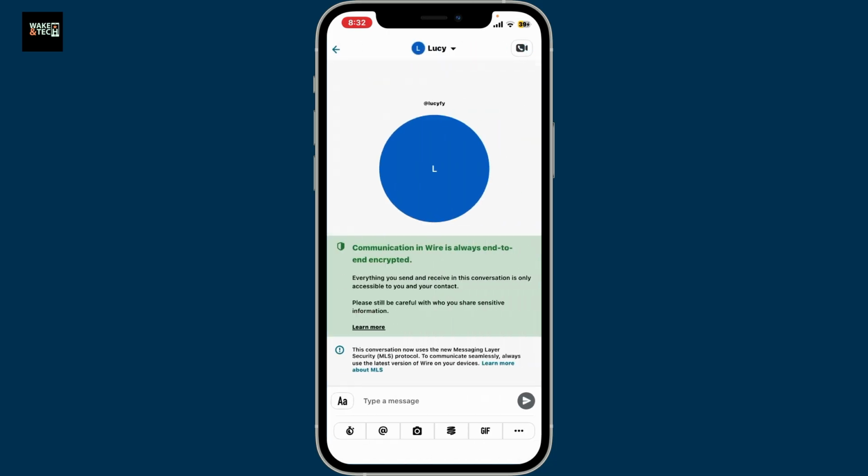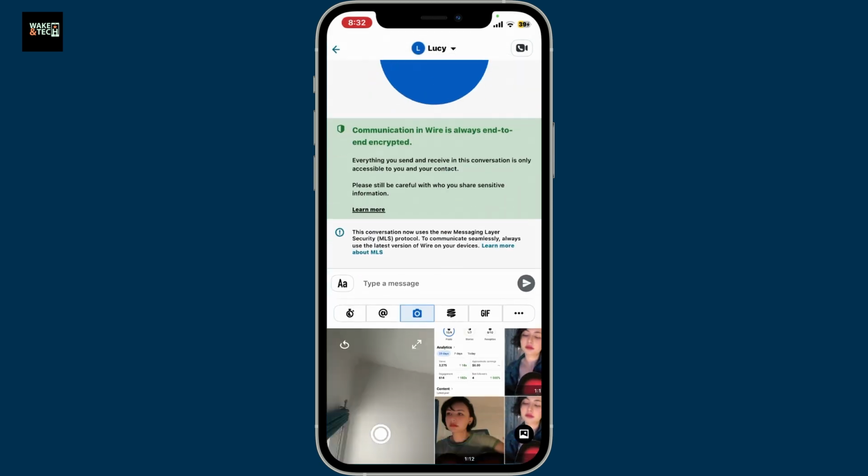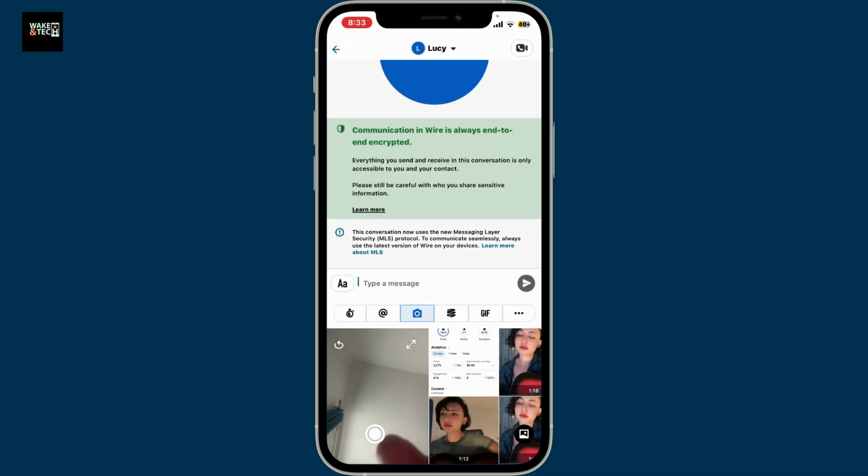Now go to the bottom of the screen and tap on the camera icon. Click on Allow, and now allow access to your device's camera roll. Now you'll see a camera pop up as well as the photos you can share from your device's camera roll. You can tap on this camera over here and make sure to record a video or a photo you want